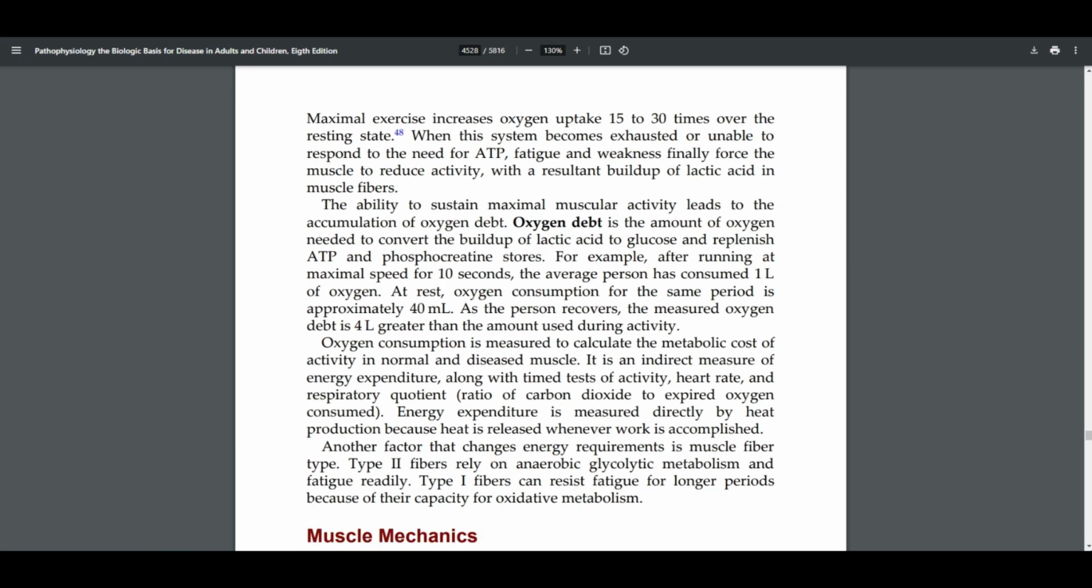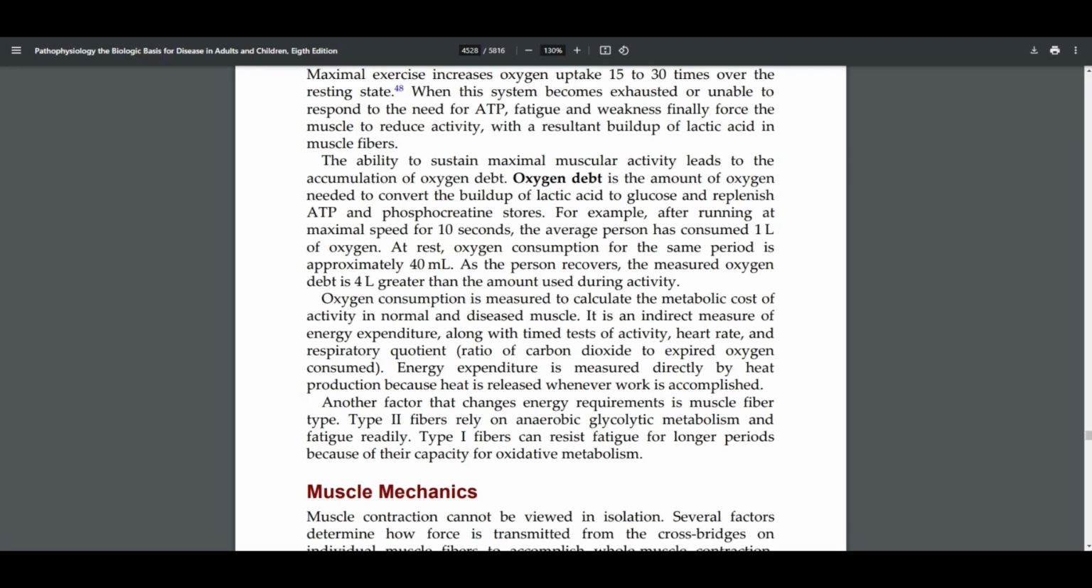When the system becomes exhausted or unable to respond to the need for ATP, fatigue and weakness finally force the muscle to reduce activity, with a resultant buildup of lactic acid in the muscle fibers. The ability to sustain maximal muscular activity leads to the accumulation of oxygen debt. Oxygen debt is the amount of oxygen needed to convert the buildup of lactic acid to glucose and replenish ATP